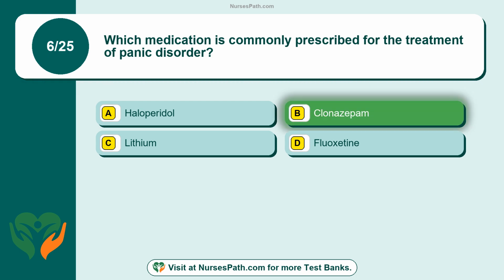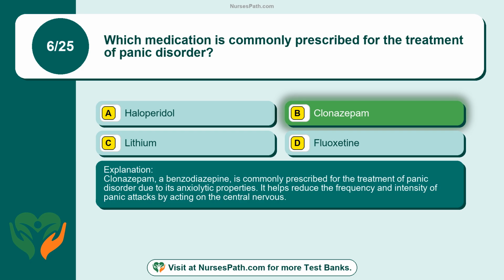The correct answer is option B, clonazepam. Clonazepam, a benzodiazepine, is commonly prescribed for the treatment of panic disorder due to its anxiolytic properties. It helps reduce the frequency and intensity of panic attacks by acting on the central nervous